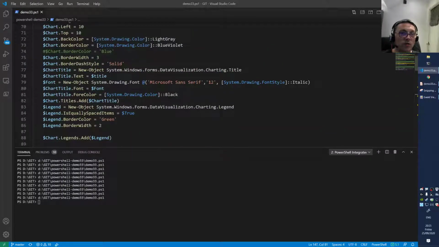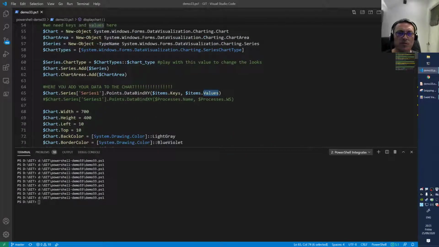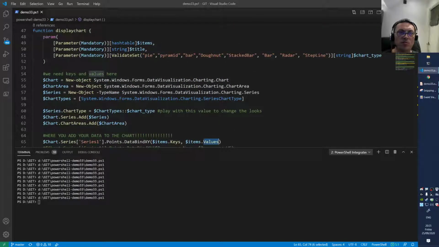It's really important. Otherwise, if you're going to play with the script, it won't work. This line here, the XY, you see the data bind on XY here on line 65. There you have the item keys and the item values. And that means you have a hash table. Those have keys and values. And you pass that here and it also gets cast to a hash table. So basically if you stick a wrong type of array inside of there and it's not of type hash table, then it won't get accepted anyway. So I built some security inside of that function. So keep that in mind.